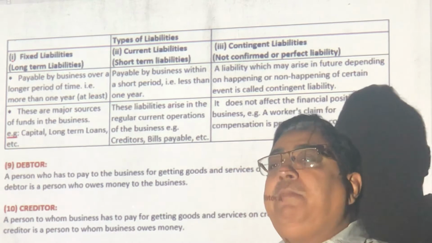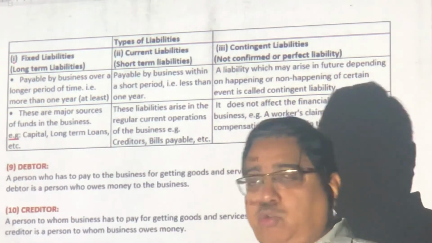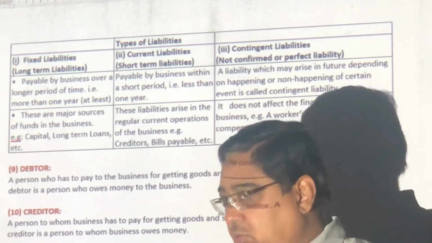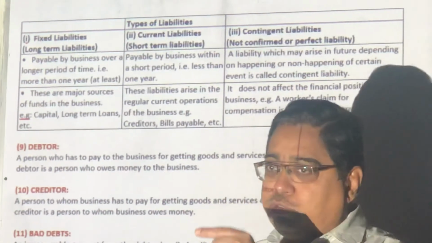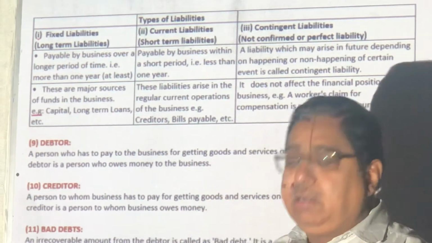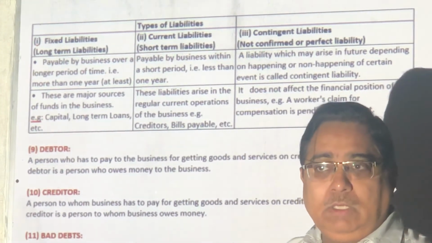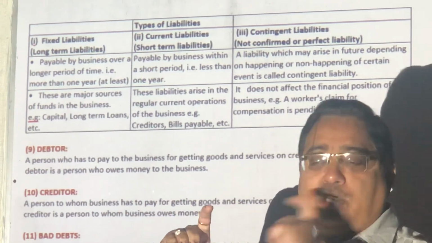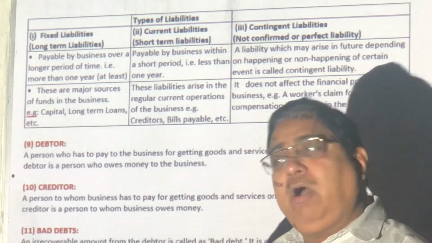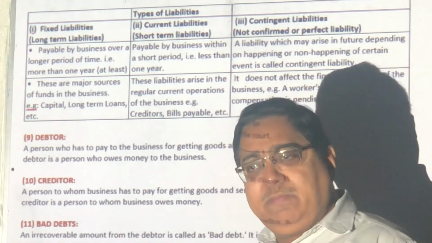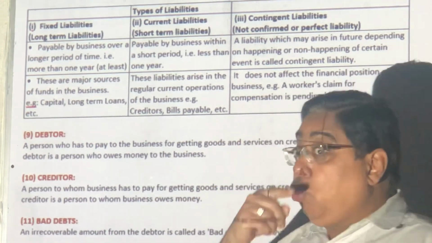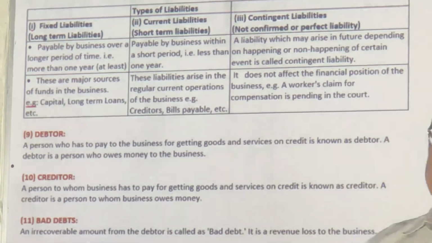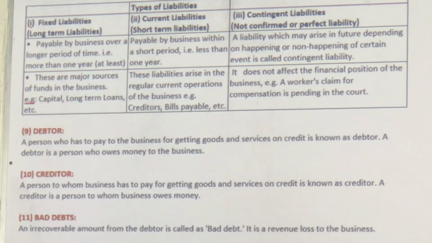That day you can't say, hey, my pocket is empty. I have lost the case, so you lock me in the jail, close my business. Sorry. You have to pay the tax to the government, calculate at the highest rate, keep it separate. Actual calculation, extra you can take back. But you can't say, now forget the remaining year, I don't have the money. Contingent, which is going to happen in future, still not happened. I have to be prepared for it.